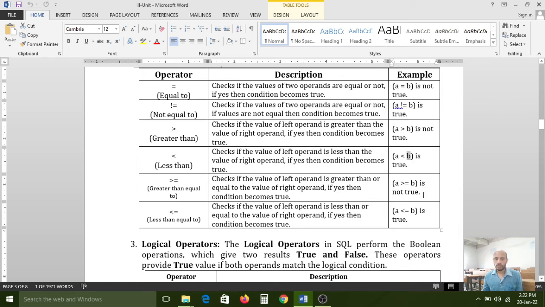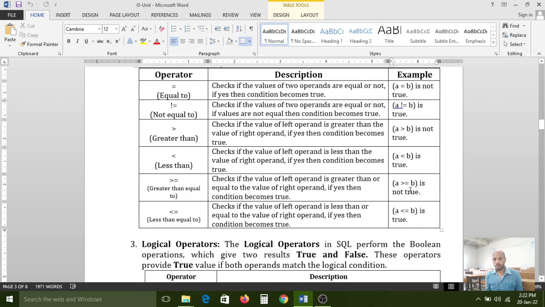Greater than or equal to. Here greater than or equal to means if the value is bigger or if the value is equal, then it will return a true statement. A is 10, B is 20, A greater than or equal to B. So that is not true.